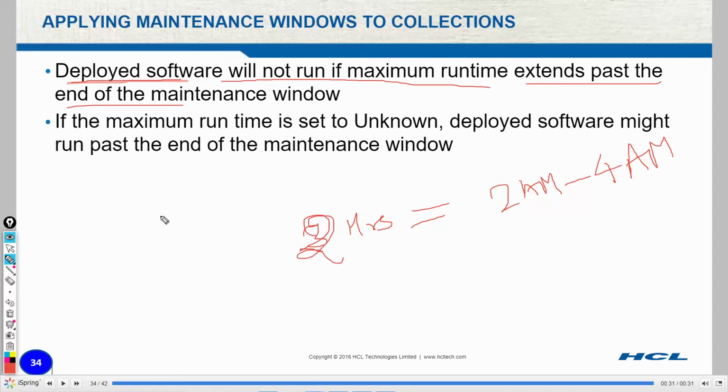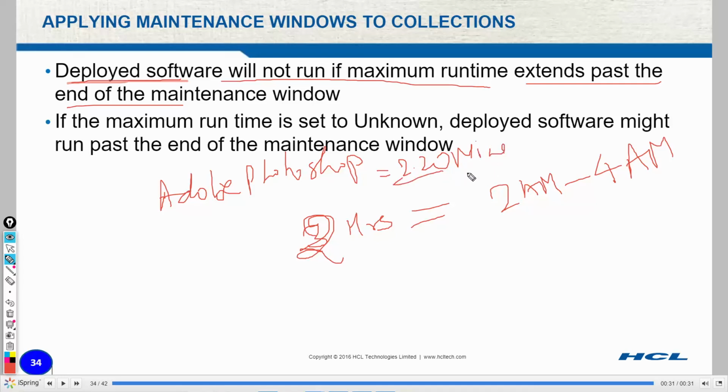Now let's say we want to deploy one software, for example, Adobe Photoshop. As per our assumption, Adobe Photoshop should take 2 hours. But let's say Adobe Photoshop requires 2 hours and 20 minutes to complete the deployment.